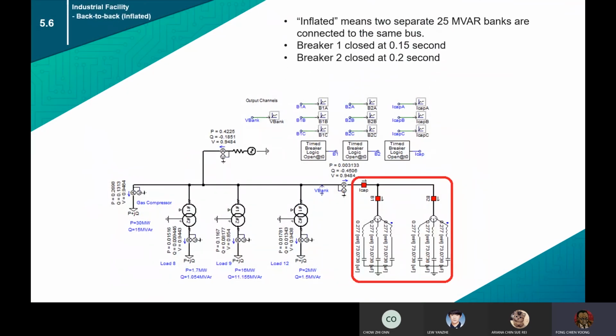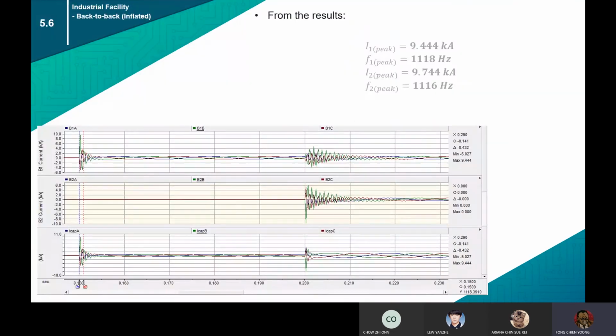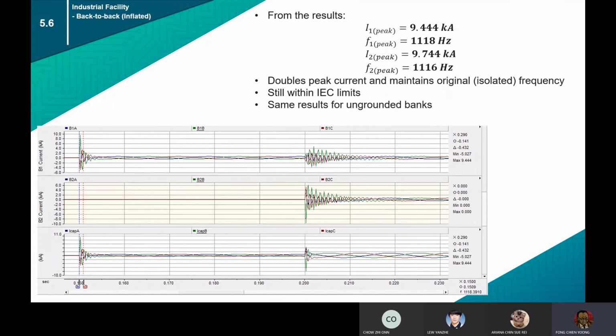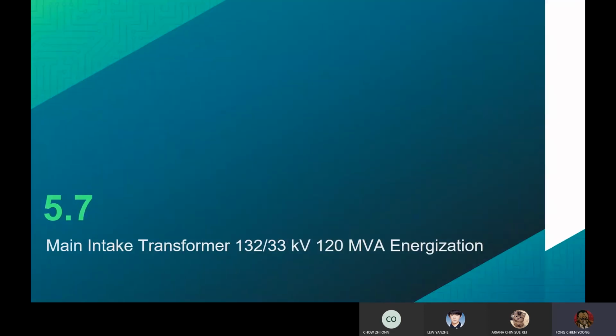Next, the inflated scenario means two separate 25 MVAR banks are connected to the same bus, so the breaker configurations are still the same, and we find that the peak current is doubled and the frequency is maintained. They are also still within the IEC limits, and the same results are obtained for ungrounded banks. In 5.7, we analyzed the transient